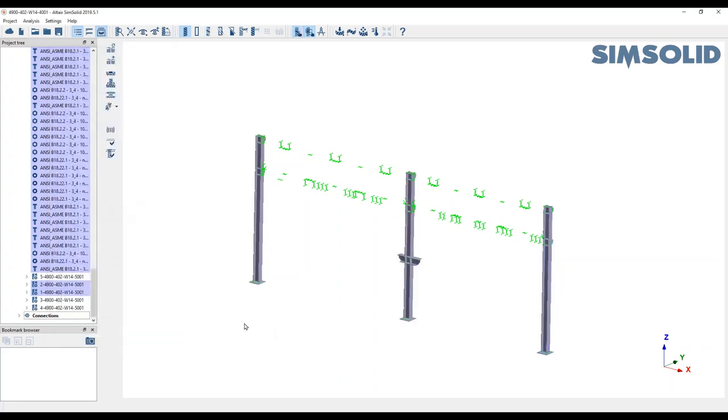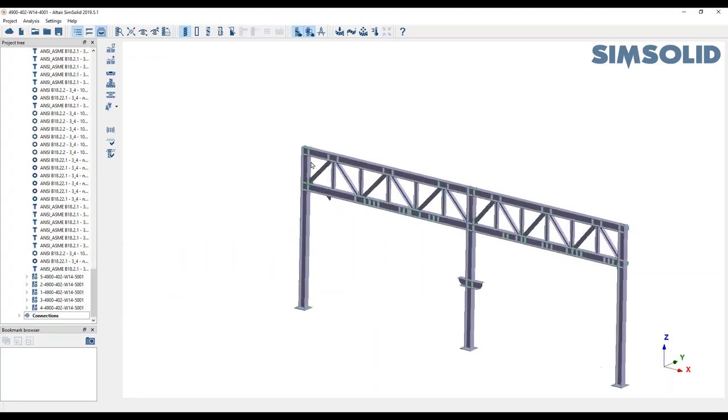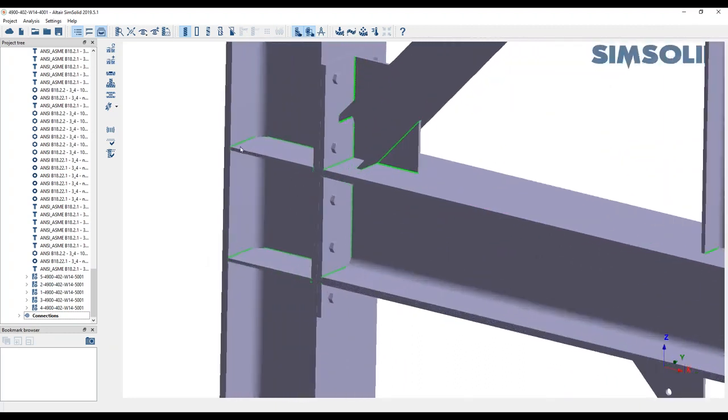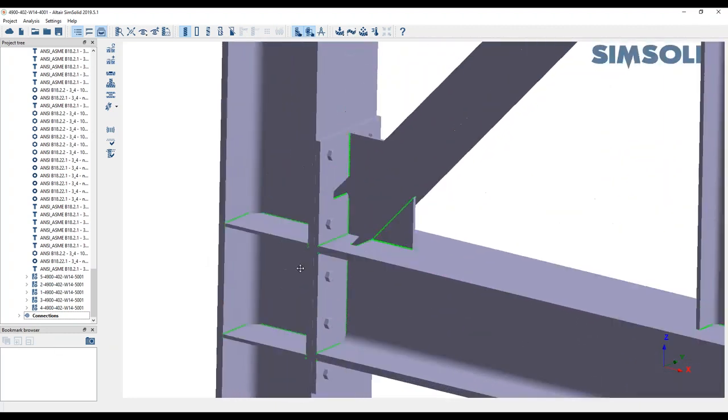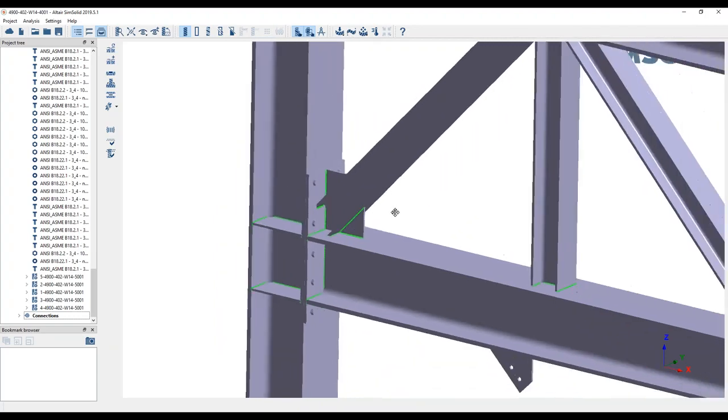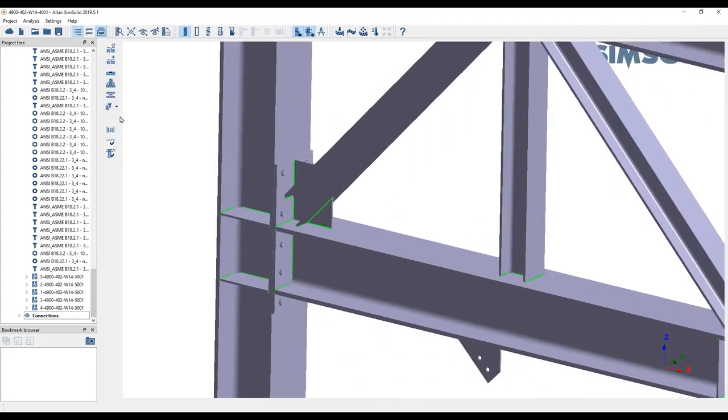Okay. Now, once we have created all the welds, let me show you. So if I'm just going to zoom in here. You see there's the welds created, and now obviously I don't want to create a weld between this plate here and that face of the column because they are connected with the bolts. So what we're going to do here is we're simply now going to go into